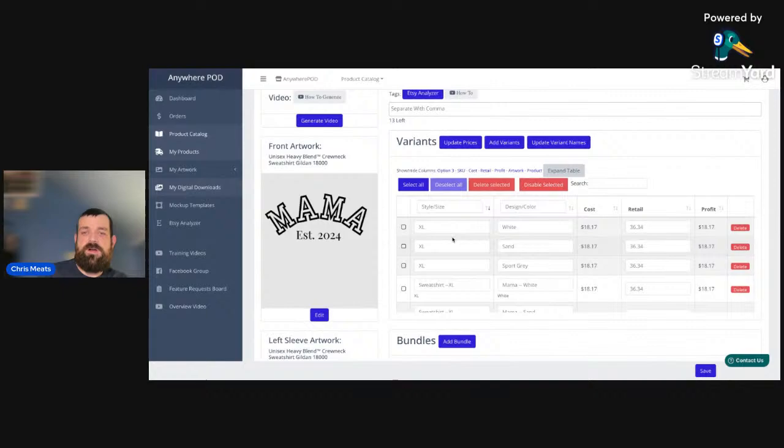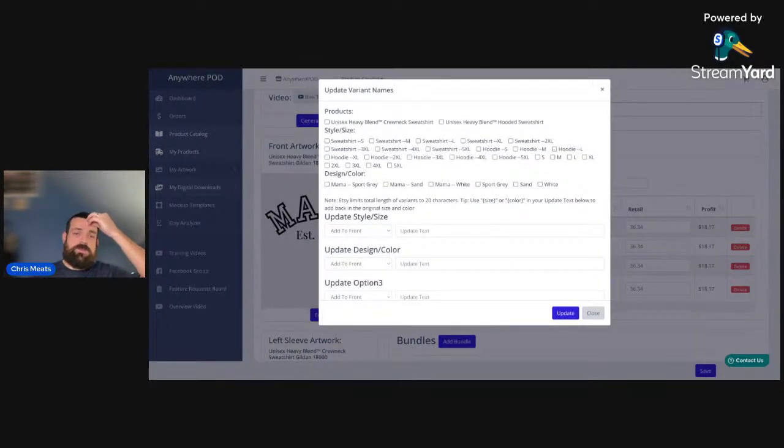So now we have our variant options added for the Nana design. So now what I want to do is come into update variant names. And this time what I want to do is update any of my colors here that are associated with Nana. So they're going to be the ones that don't have the design listed in the front. I want to update those and I want to add to the front. I want to add Nana